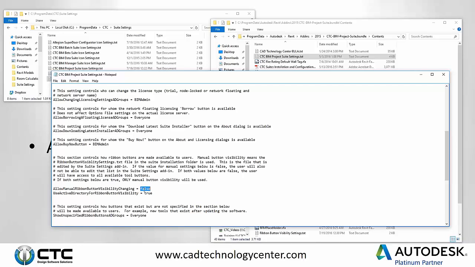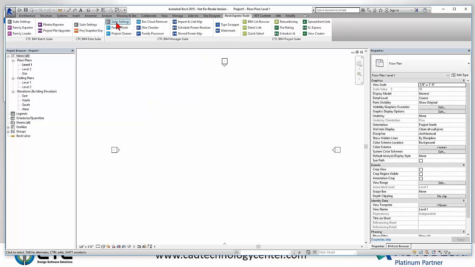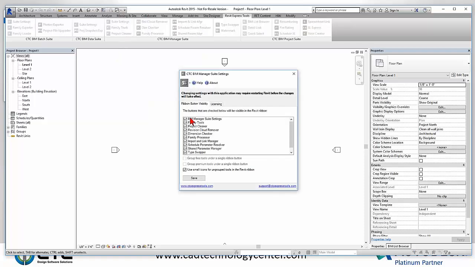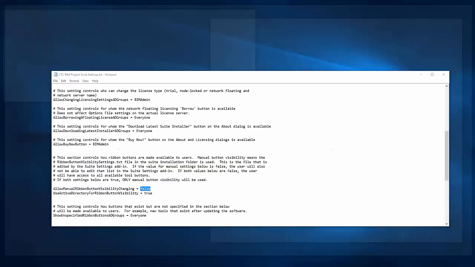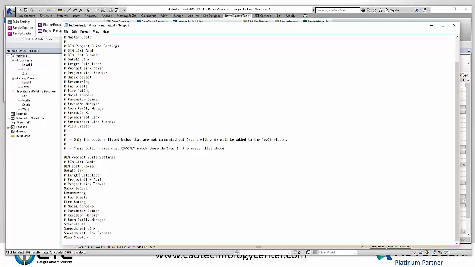What this means is when this file is deployed within the Revit project environment, if somebody goes to suite settings, when this opens up, this window right here will be blank. It'll just be empty. They'll still get access to the ability to control how they want to see their icons, and maybe you push out a default for this, but they'll see these, but this will be blank. And as they click over on licensing, however those settings are set up for borrowing or whatever, those will be set up differently as well for them, depending on what you configure in that window. So we're basically giving you full control as much as we can for you to be able to go through